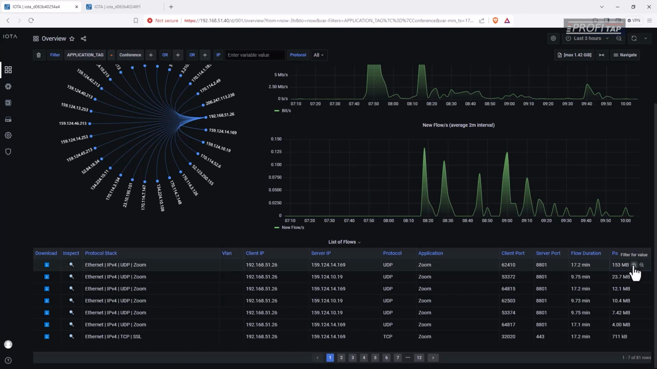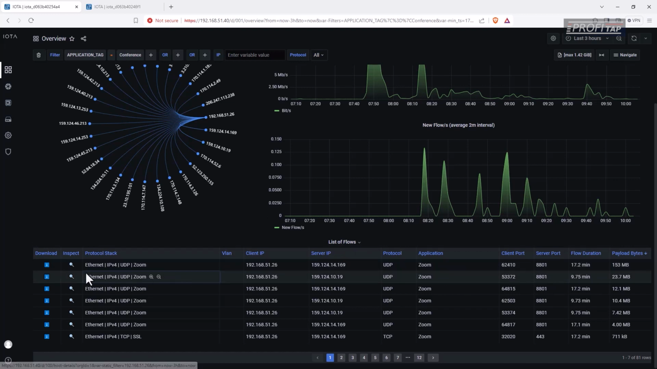Here I've got 153 meg UDP because all our latencies are calculated on the TCP connections, but the actual video is UDP. And so I can see 153 meg of that. It lasted 17.2 minutes. And if I want to inspect that traffic,